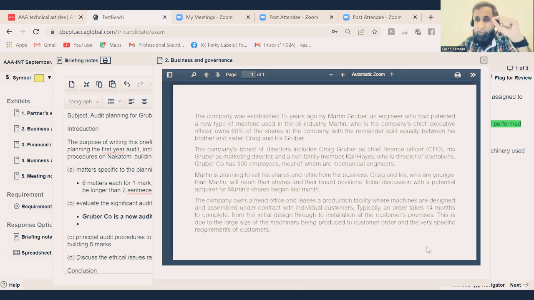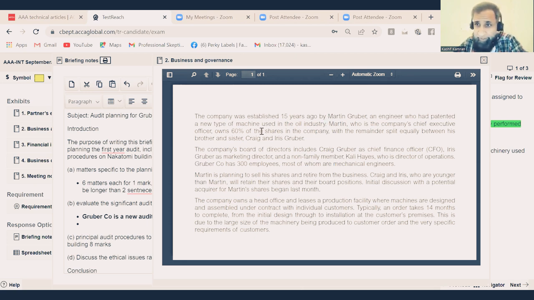But just by looking at the word patent and converting that to a risk is wrong. A lot of time the students just pick one word and connect that to an accounting standard. If the examiner wants to draw attention to the patents, he will give you a very particular paragraph about patents later in the case study. If that is so, then patent will become a very important risk. Otherwise, just by looking at the word patent and connecting this to IAS 38 is of no relevance. So just hold whether patent is a significant risk or not. We get to know that once we move later in the case study.